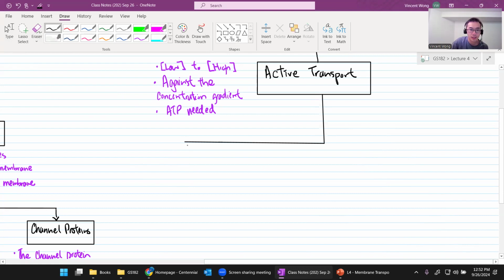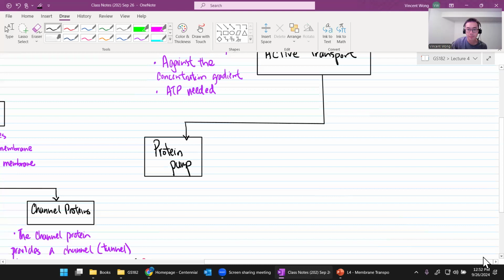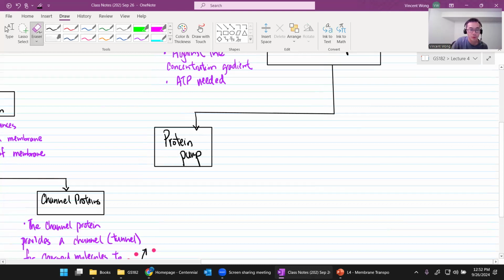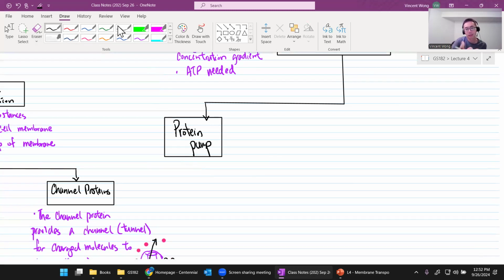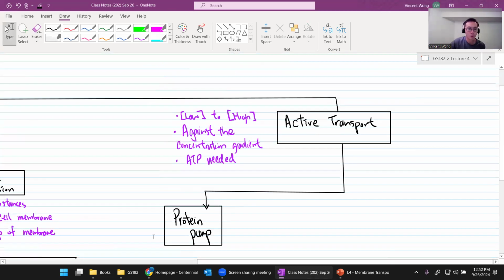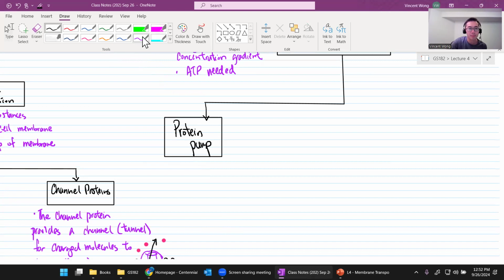Okay, so here we go. Over here, we have an example called the protein pump. I will give you 2 examples of protein pump. The description is pretty straightforward. The description is basically active transport. The protein pump is a membrane protein. Okay, I'll write it down for you. An integral protein